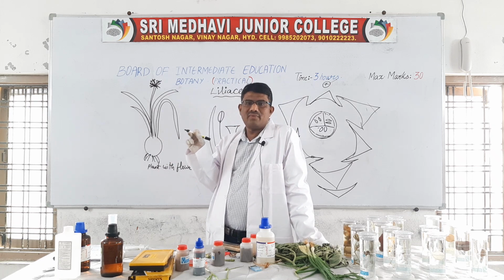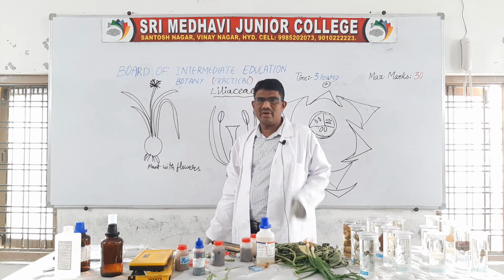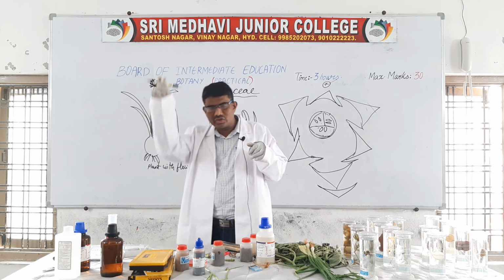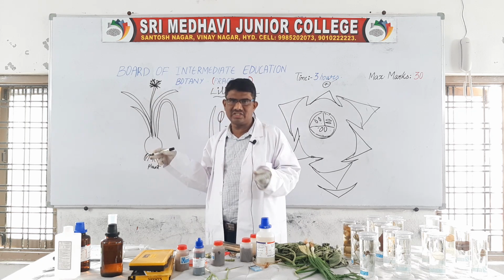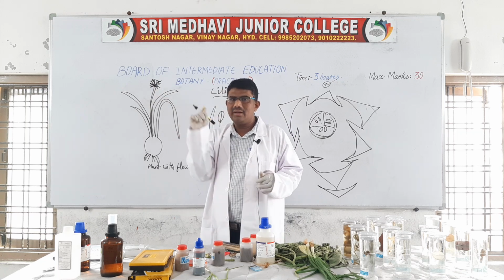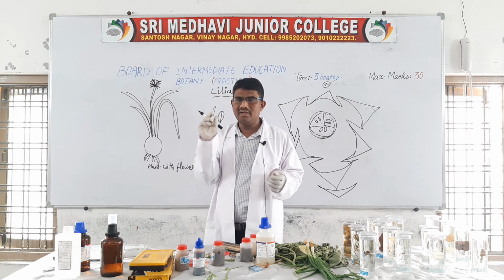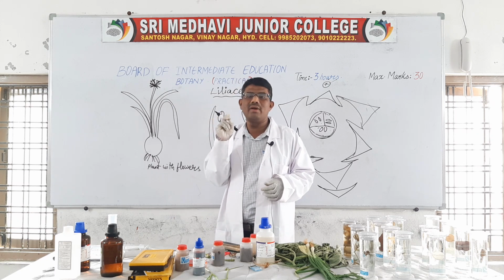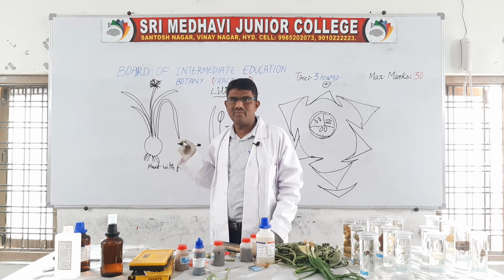In the racemose type of inflorescence, different types are there. One type is called the umbel type of inflorescence. A long stalk is developed; the peduncle is modified to a long stalk-like structure. At the tip of the peduncle, all the flowers are arranged, located at one common point. This type of inflorescence is called the umbel type of inflorescence.